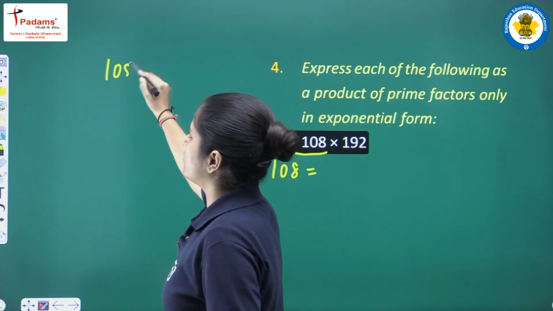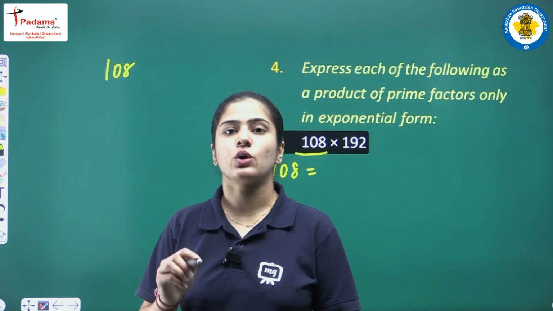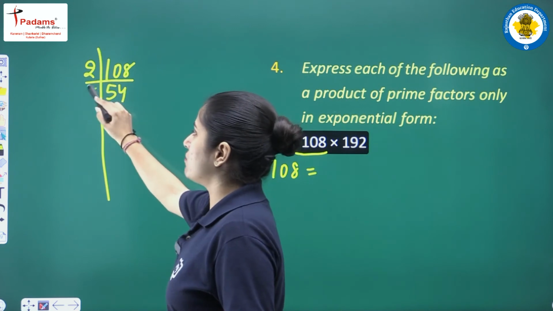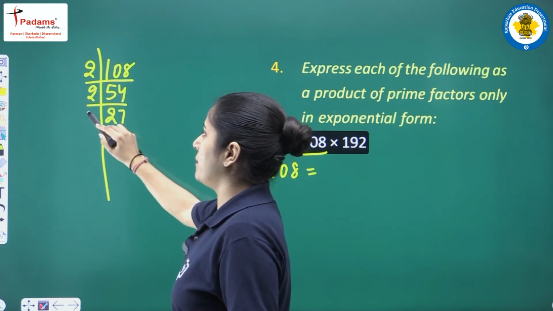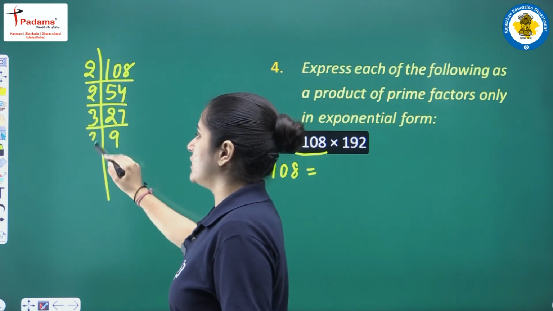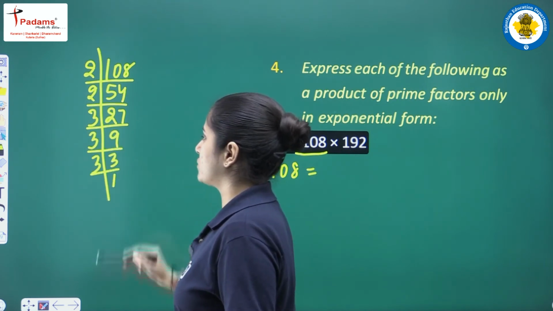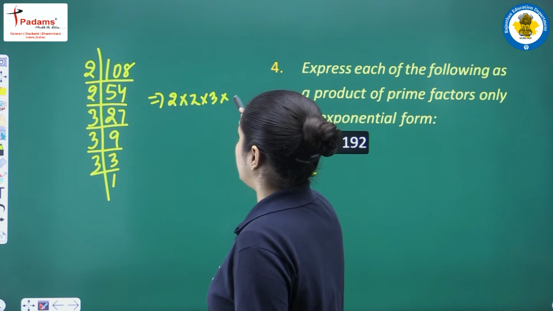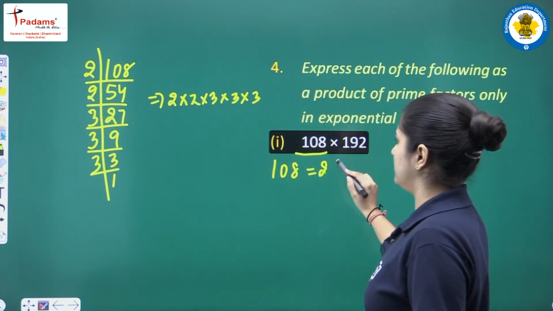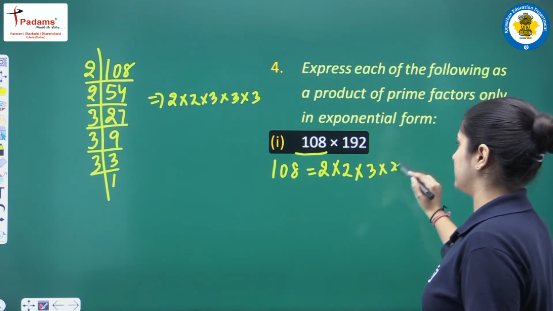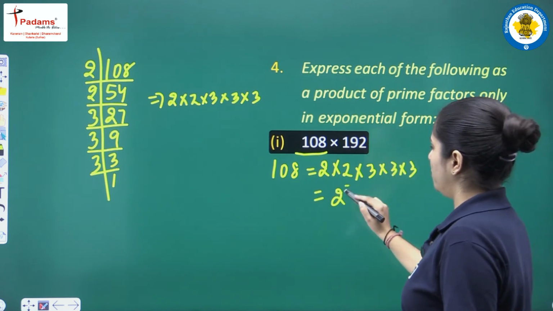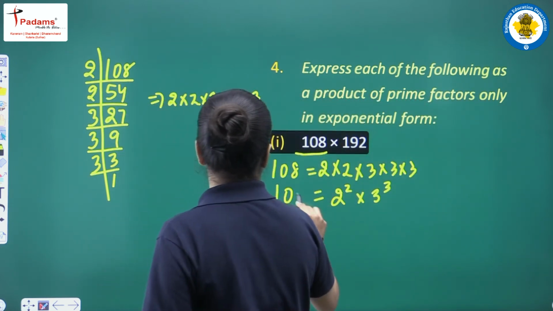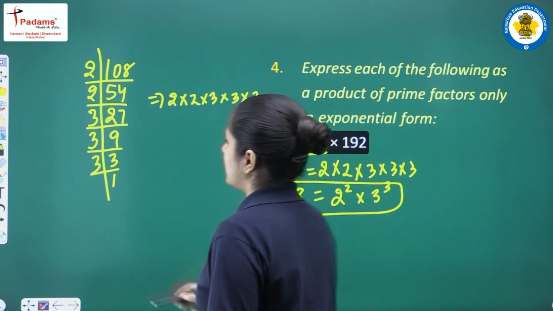Have a look. 108 is an even number, so we'll cut it on the table of 2. So 2 के table पे ये 54 पे गया. Again even number, so it will be cutting on the table of 2. अब ये 3 पे, 3 into 9 is 27, 3 into 3 is 9, 3 into 1 is equals to 3. So इसके factors क्या होंगे students? 2 into 2 into 3 into 3 into 3. So basically 2 raised to power 2 into 3 raised to power 3, ये होंगे 108 के factors। ठीक है, अब next